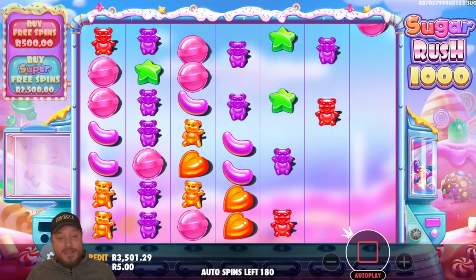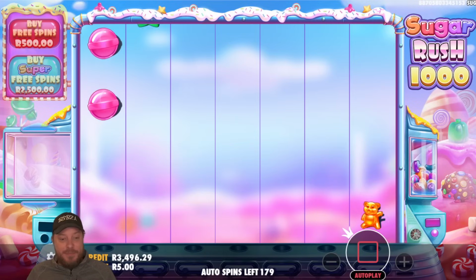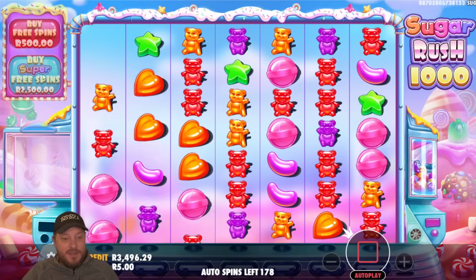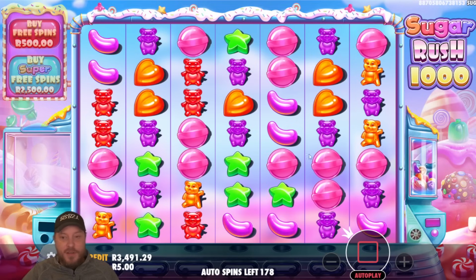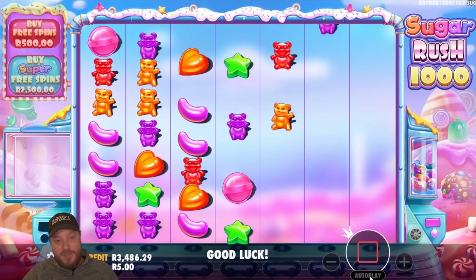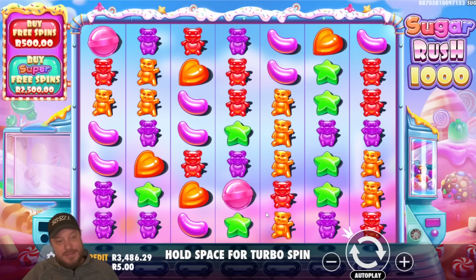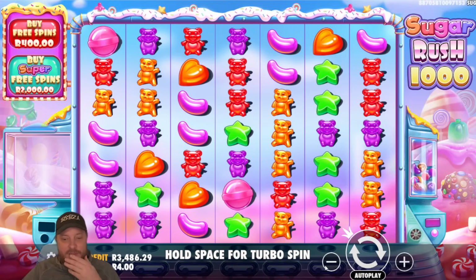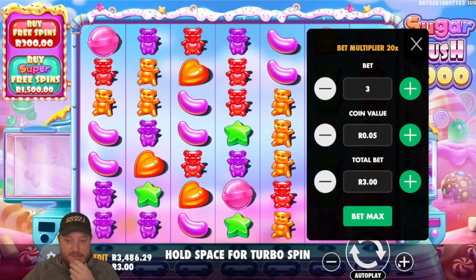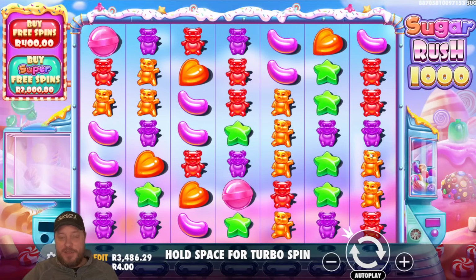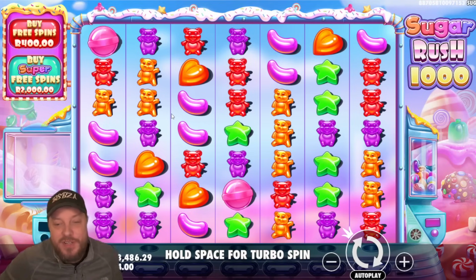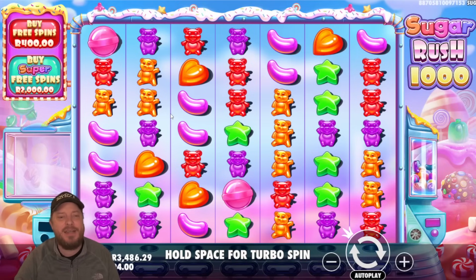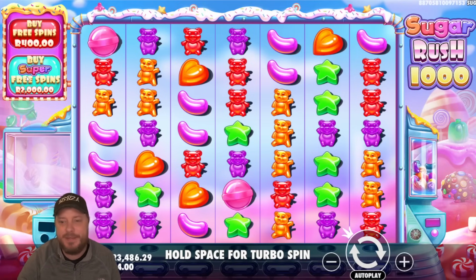But yeah, I hope that makes sense to you guys. It's been a pretty cheeky session at 5 Rand a spin over on Sugar Rush 1000. So I think I'm going to buy 2,000 Rand. Ooh, even that's a lot. Let's do it. Let's risk it for the biscuit, because I've pretty much covered everything I wanted to cover in this episode 3 of Rob Rants. Not really a ranty one. It was more just running through some of the details, some of the behind the scenes. And I've got a flipping itchy foot over here.